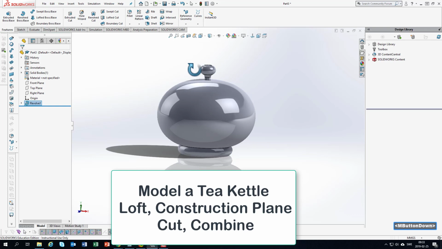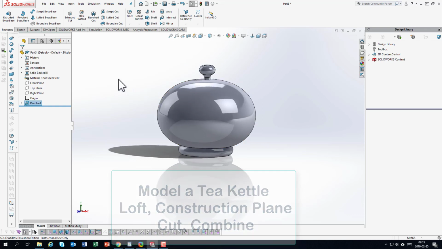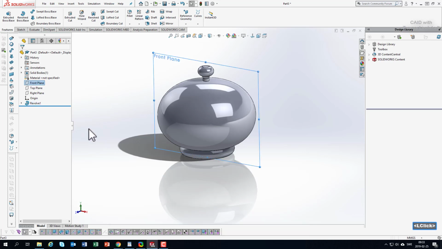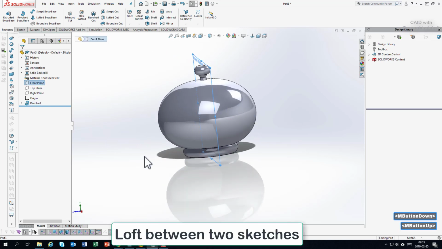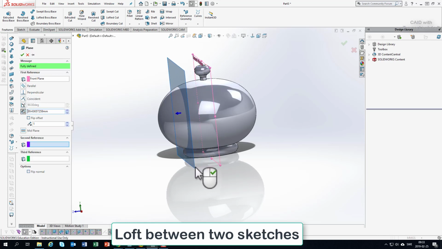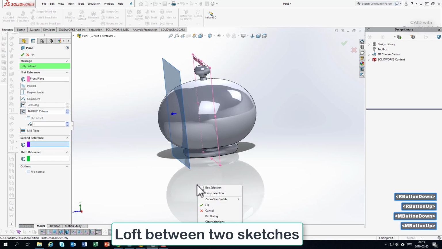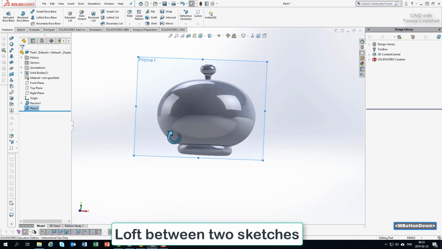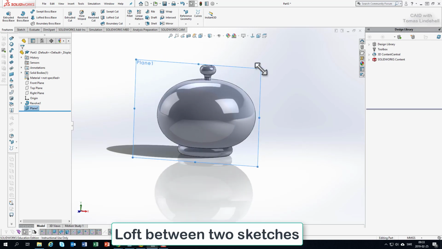Right now, concentrate on where the pipe should be. And I will take a plane and make a copy. I hold down the Control button and drag a plane. That is a shortcut to make a duplication that is parallel. So I'm happy with that. I say OK. And the reason is that I would like to make a little